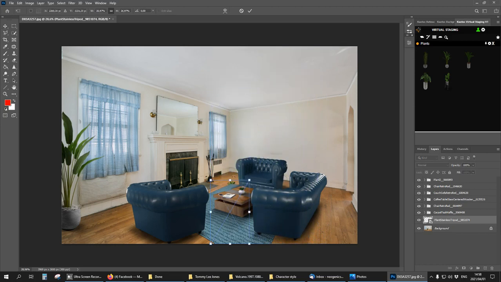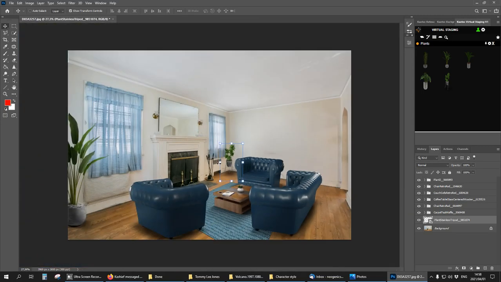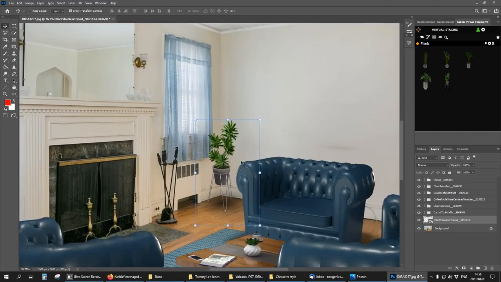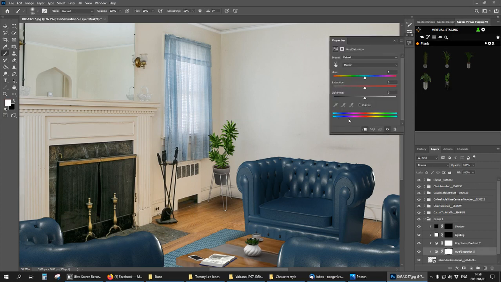Okay, so let's resize this one, put him in the corner. I think like that is fine. I feel that's too green, even this one. Okay, I'll take the green a bit down in the adjustments, hue and saturation. So I'll click on this hand, or I can click on this and change to green or yellow. I'll click on the hand, click on the leaves, and then just drag some of that color out,